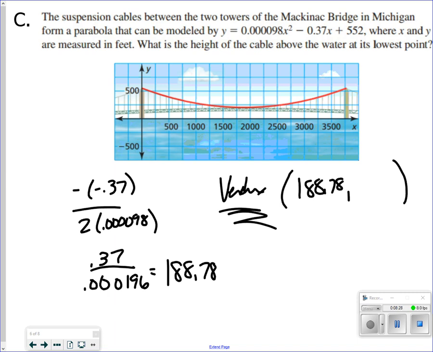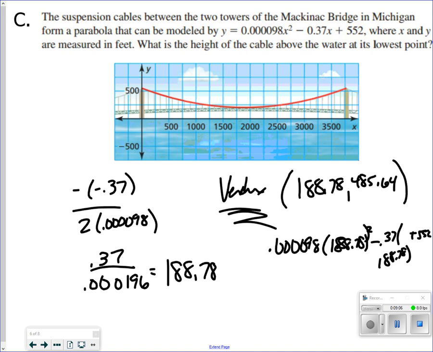Now, plug that back in. So type this in, 0.00098, 188.78 squared minus 0.37 times 188.78 plus 552. So I'm going to type that in as well. So 0.000098 times 188.78 parentheses squared minus 0.37 times 188.78 and then plus 552. So the answer here is 485.64. So if they ask you, this is the vertex right here,